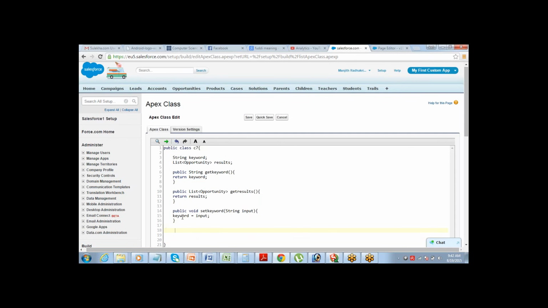Now it's just a matter of writing the page reference method. How will we write that? Page reference search now, whatever you want to give.